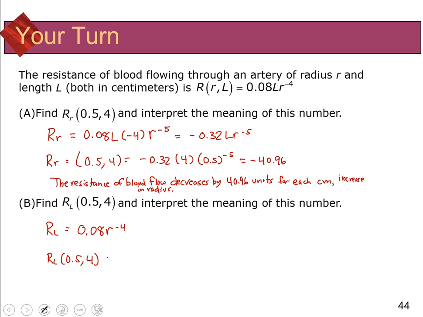So now, if I do RL at 0.54, I get 0.08 times... Now, again, I have R here and L here. I'm not going to use the value of L because I don't have any L's to put it into. I just have R, and that gives me 1.28, which means, as interpreted, the resistance